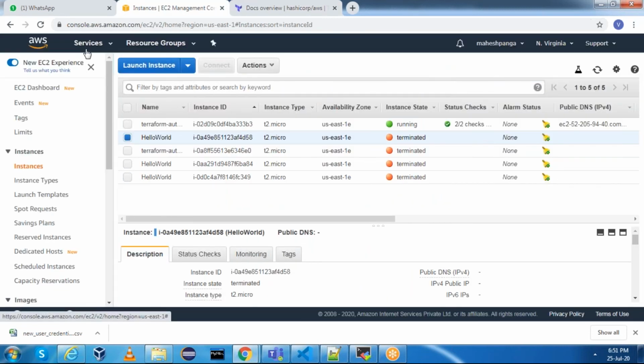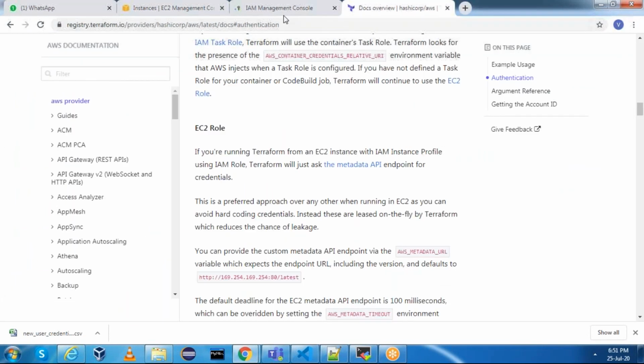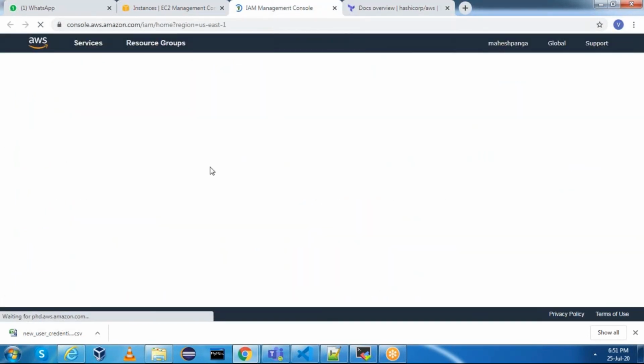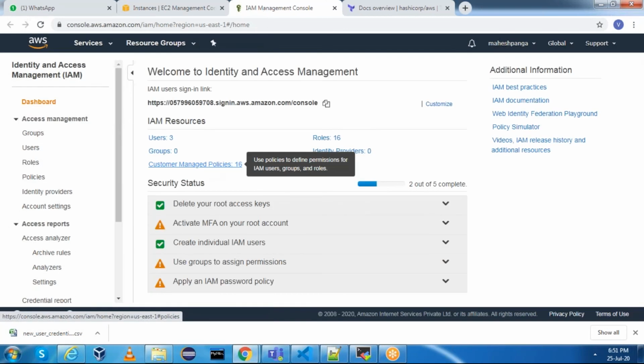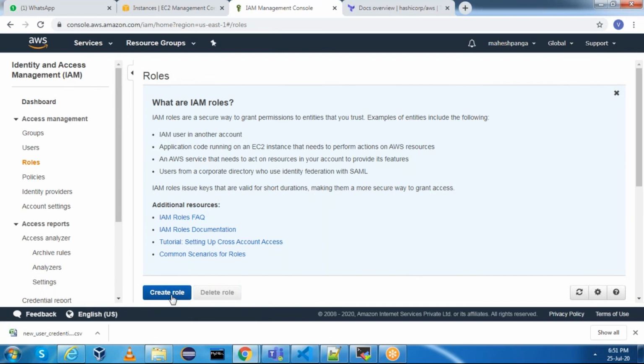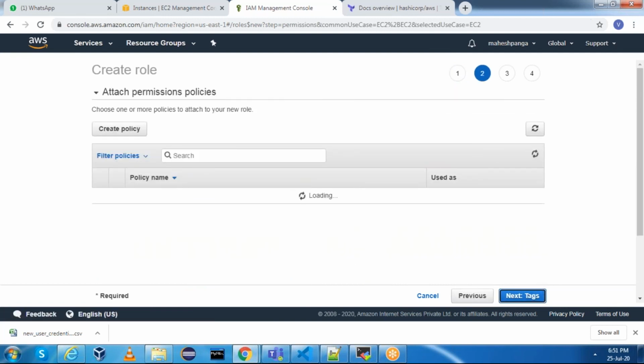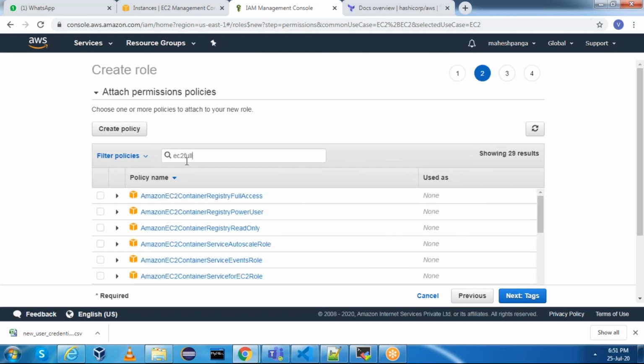We'll go here, we'll go to IAM, and we will create a role for Terraform. Till now we have done everything with user. We'll create a role for Terraform. Create role. Allow EC2 instances to call AWS services on your behalf. Next, permissions. I'll give EC2 full access.